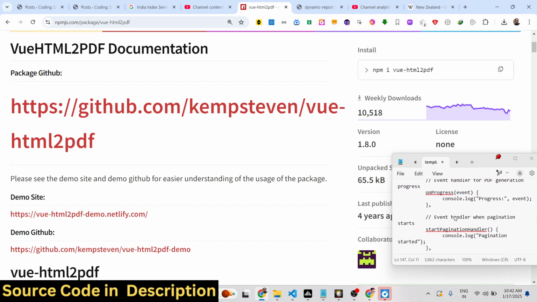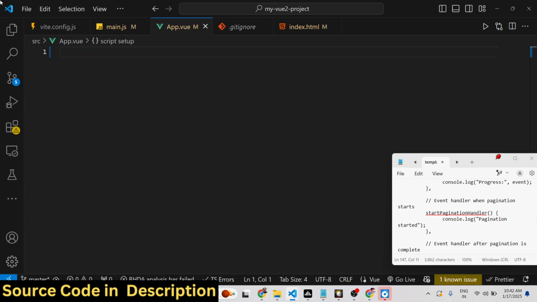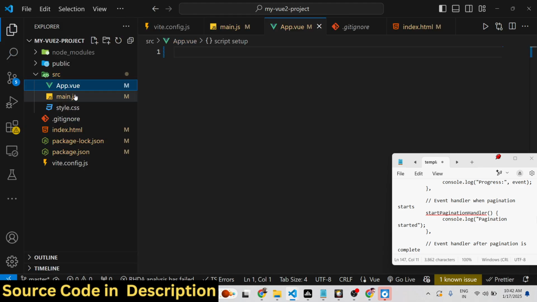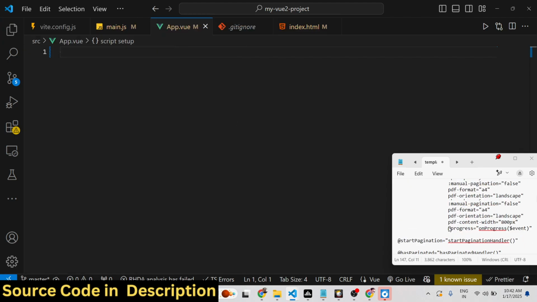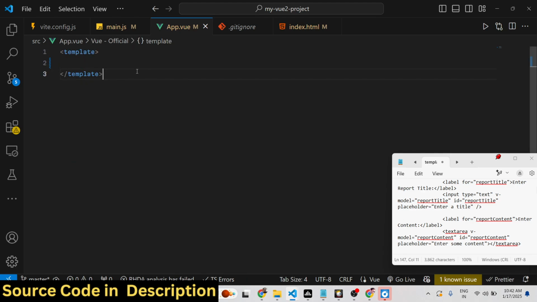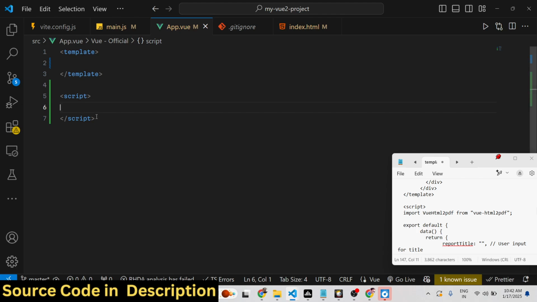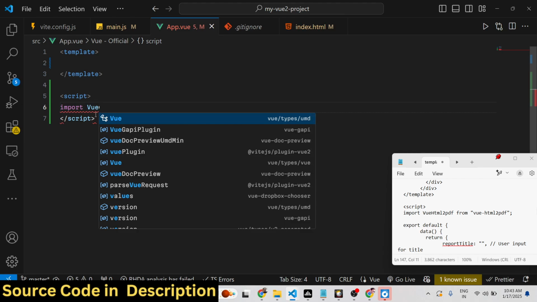So now to get started, you just need to make a simple Vue.js project. I've given all the source code in the description of this video. So just go to your app.vue file, and we need to edit this file. And first of all, we will write all the HTML code in the template tag, and then the TypeScript code in the script tag. So right here, the very first thing we need to do, we need to import this package. So simply we'll use the import statement, and we'll simply import this package